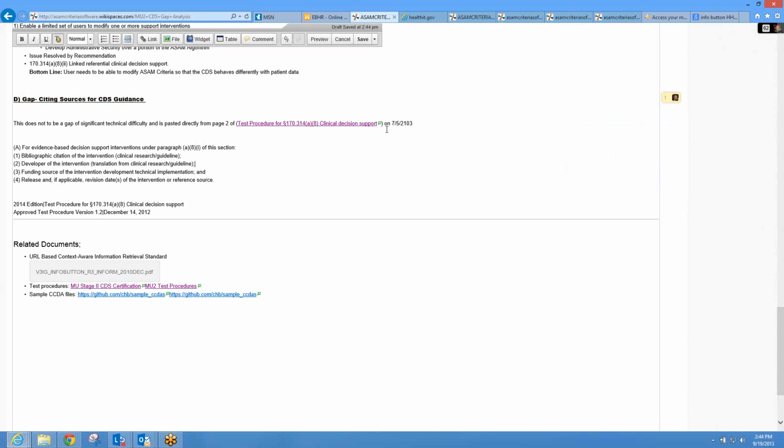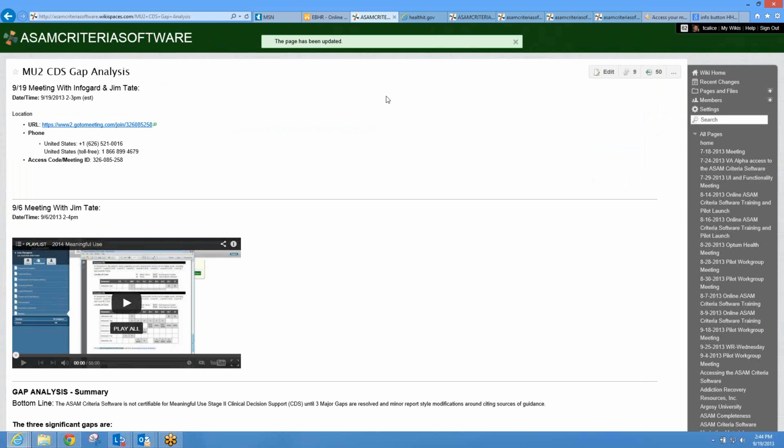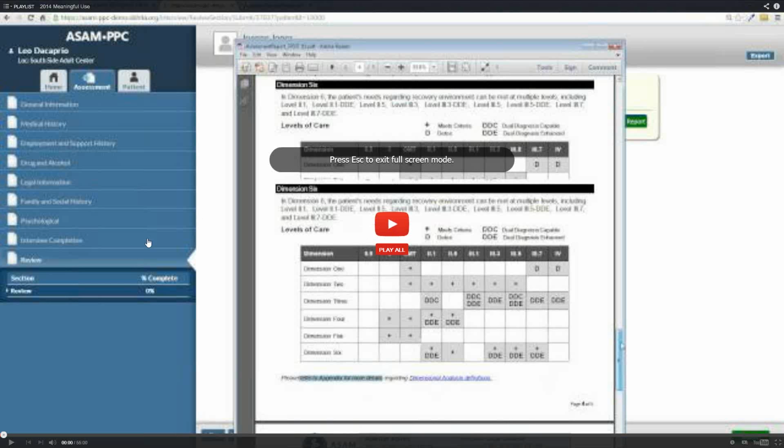What can you do in that pop-up window? Currently, the process before it's meaningfully certified basically ends with getting this level of care recommendation. I think we've got a screenshot from when we demoed the software to Jim, and basically the way it currently goes is